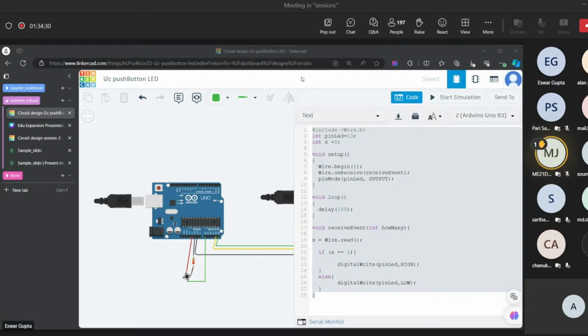No response from the LED while the code has no error. If the code has no error but there's no response from the LED, make sure that the connections are correct. Sometimes you might have kept the connection somewhere nearer or something.